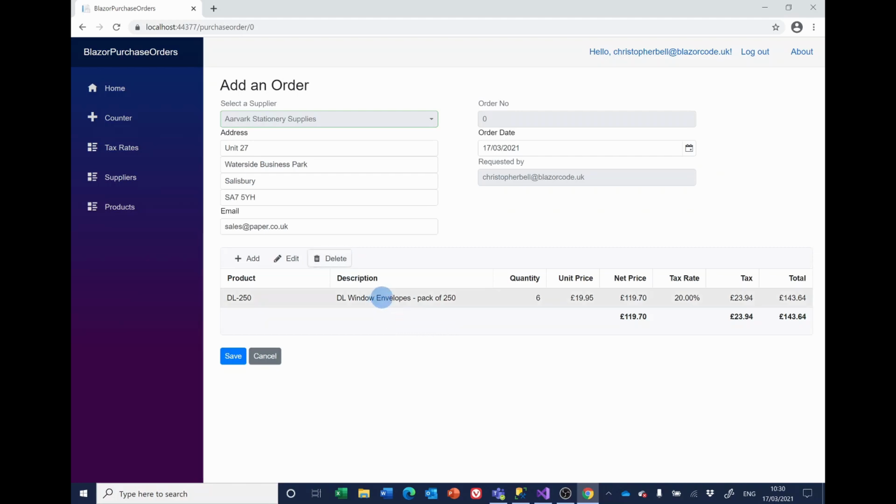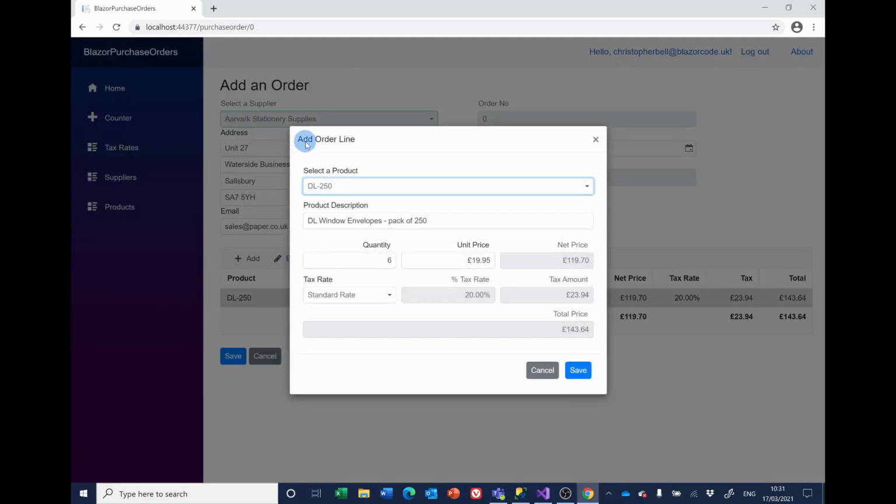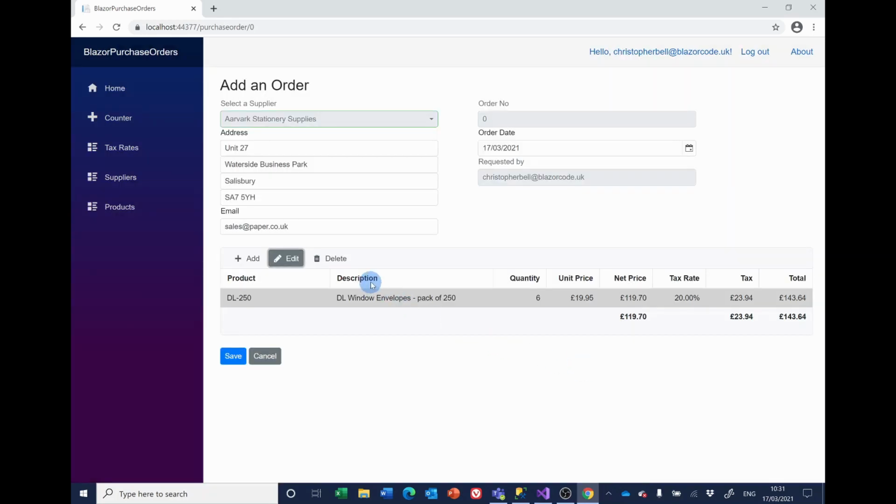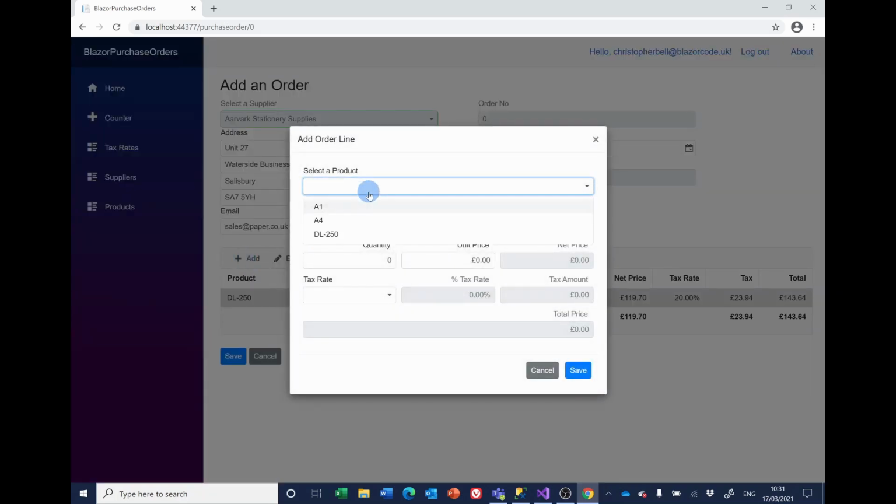But there are a couple of small changes I'm thinking of making. First of all, I noticed when I was editing that the header here says add order line, when it should say edit order line. And the other thing I've noticed is that when adding, if I add the first one